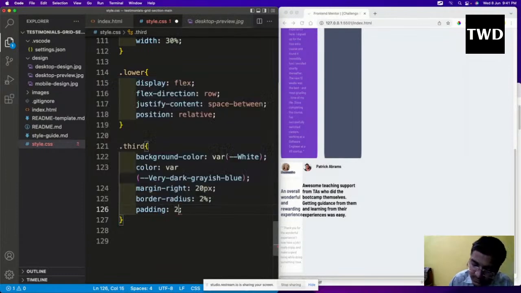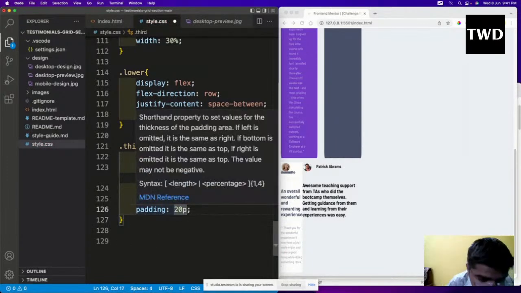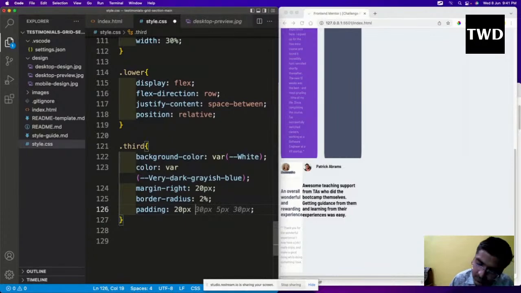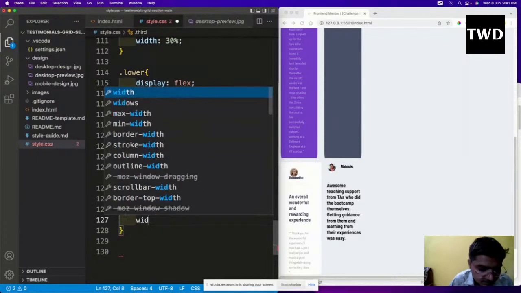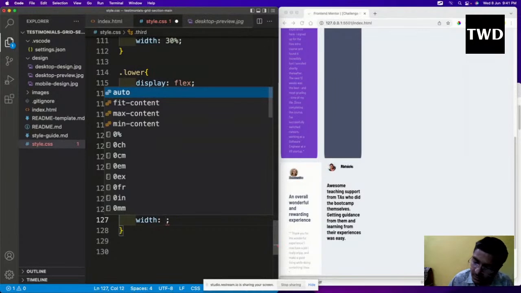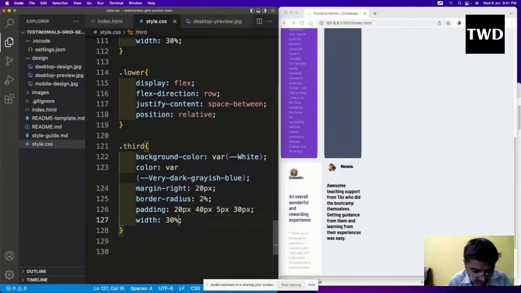Padding again all four sides, 20px, 40px, 5px, and 30px. Okay, and width again of 30%. So now